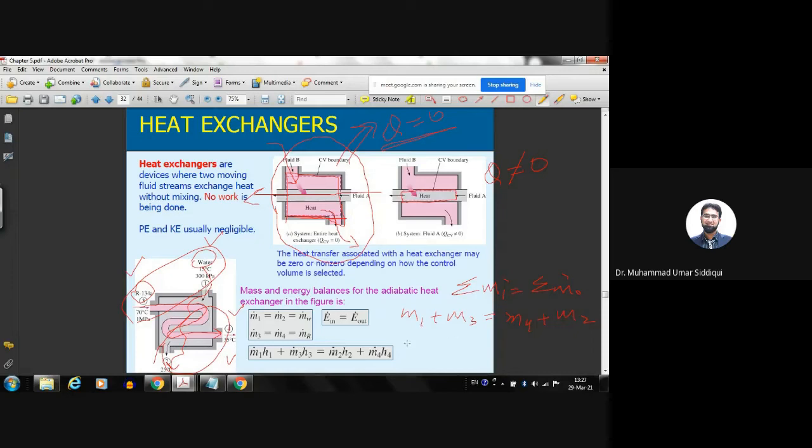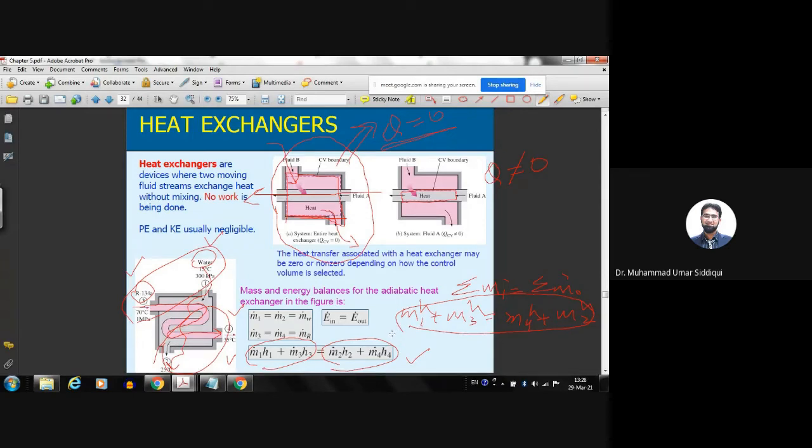So if you just consider the enthalpy term, it will be all the enthalpy going in minus all the enthalpy going out equals 0, or you can say all the enthalpy going in equals all the enthalpy going out. So it will be m.1 H1 plus m.3 H3 equals m.2 H2 plus m.4 H4. So it was m.1 plus m.3, just add H's to all the terms, and this will be the energy balance. Okay, so these are the two equations which we are going to use